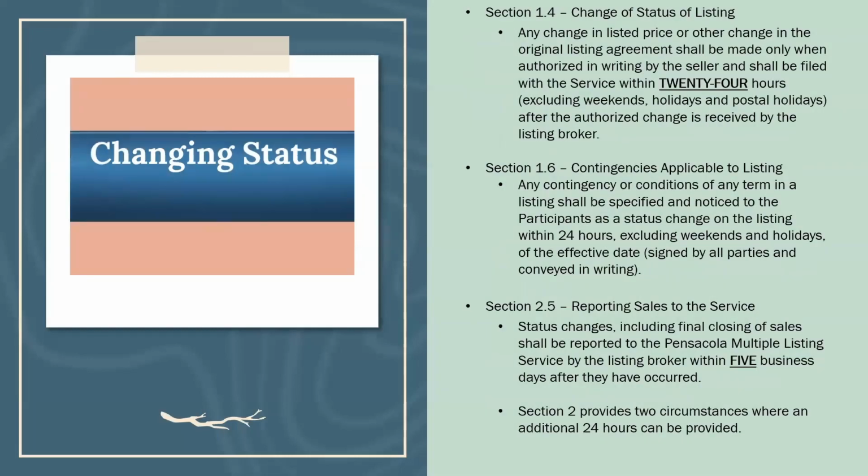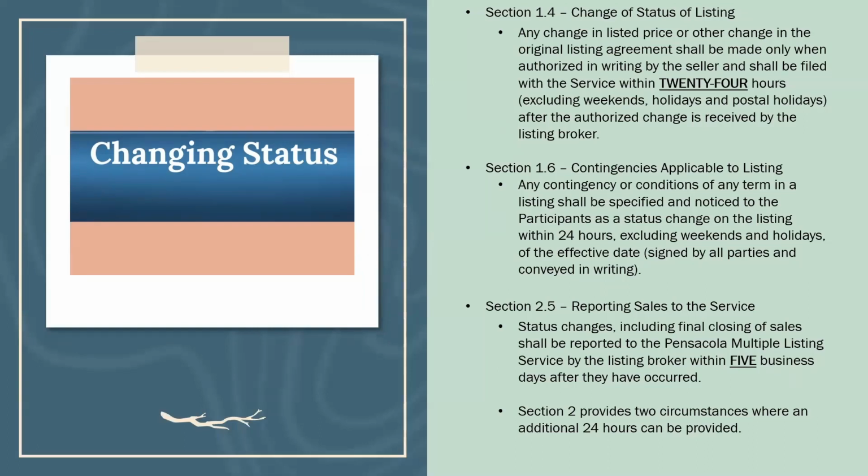Changing status. Here in the Part MLS, once you change status, you have 24 hours to update the system. So if you have a house that is active and then you go under contract and it becomes contingent, because you're waiting on an inspection, you have 24 hours from the time that you sign that contract to make it contingent. If you have a house that's contingent and that inspection you're waiting on is cleared and you're good to go, then you have 24 hours from that point to make it pending. Once it's pending, you can put in the projected close date, all that kind of stuff. There's no 24-hour period once it's closed, but once you sell it, you have 5 days to mark it closed.